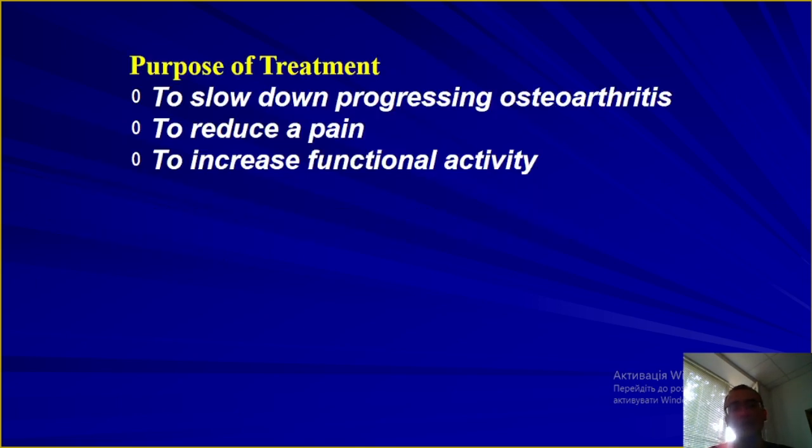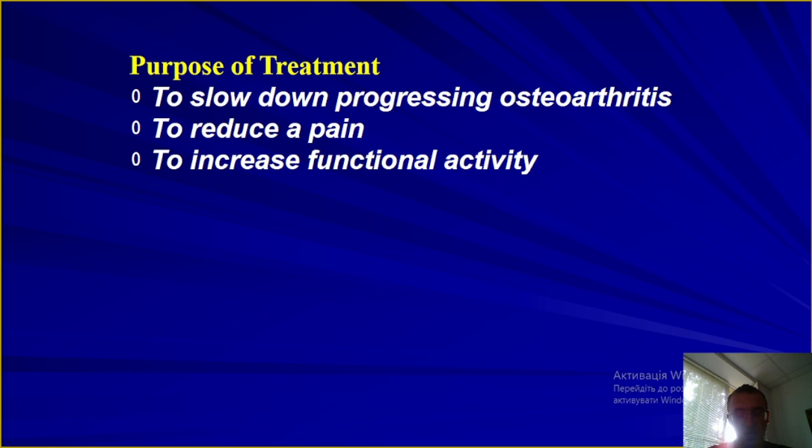So what is the purpose, the aim of the treatment of osteoarthrosis? As you understand, osteoarthrosis is a chronic problem which can't be cured completely. So we can only slow down the progression of osteoarthritis, and we can only fix the stage of osteoarthritis, but there is a very poor chance to make